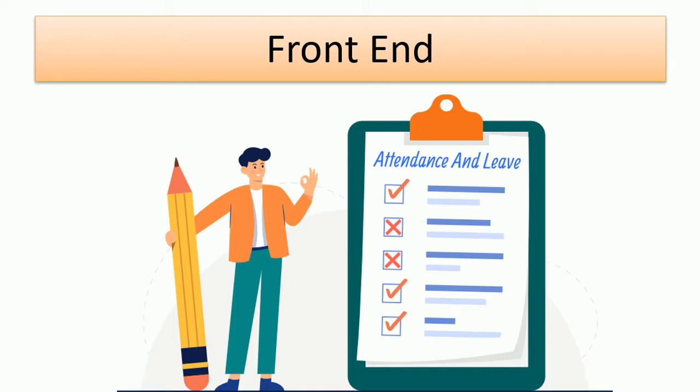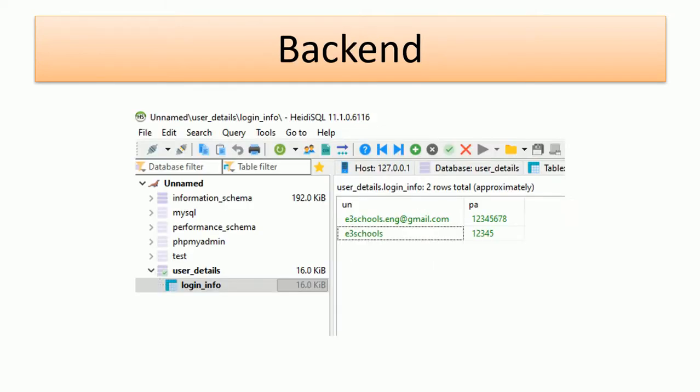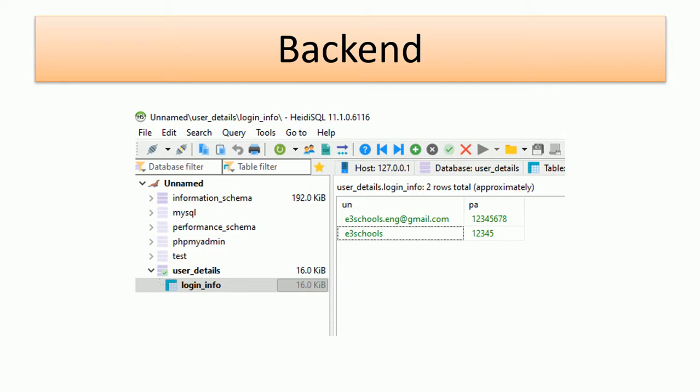After the invention of computers and all these technologies, now we have a mobile app or a browser link where we are shown the names of the students. We mark present or absent, and then we click submit, like in this image. The screen which the end user sees is the front end. After submitting, this data will be sent to the server and stored in the form of tables.